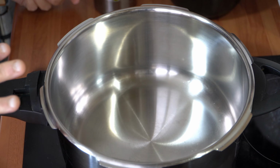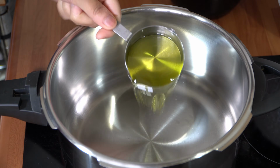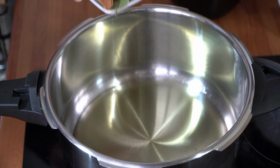So I've got my pressure cooker on the hob. My heat setting is on a 7 and it's on a medium high heat setting, and the first thing I'm going to do is I'm just going to add my oil in and just give that a couple of minutes to heat up. Okay, so now that the oil is nice and hot, I'm going to add my whole spices in